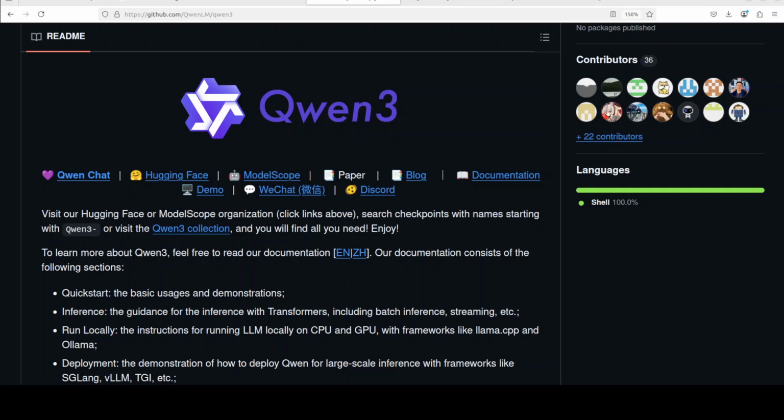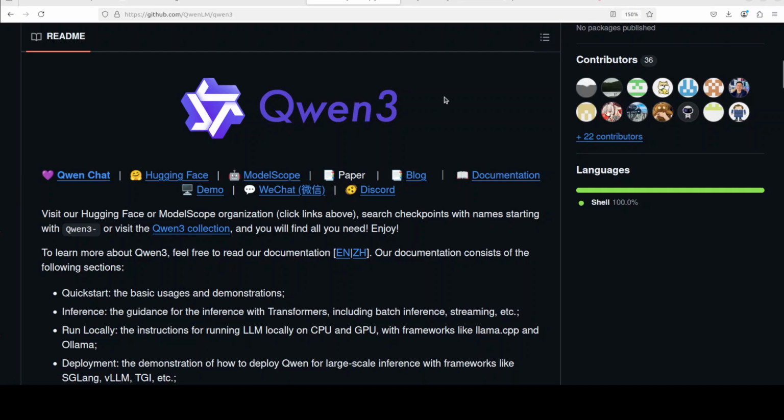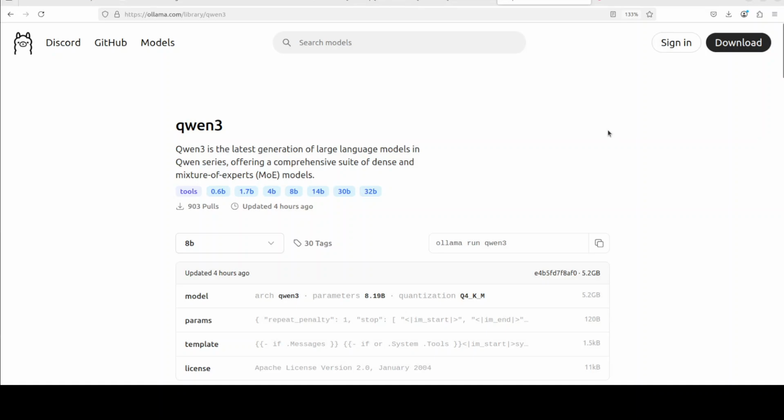The day has arrived. We have been waiting for this Qwen3 model for quite some time now. I already have shown you how to get it installed locally in full precision by using this video. In this video I'm going to show you how you can easily install this new Qwen3 model with Ollama. If you don't know what Ollama is, it's one of the easiest tools to run large language models